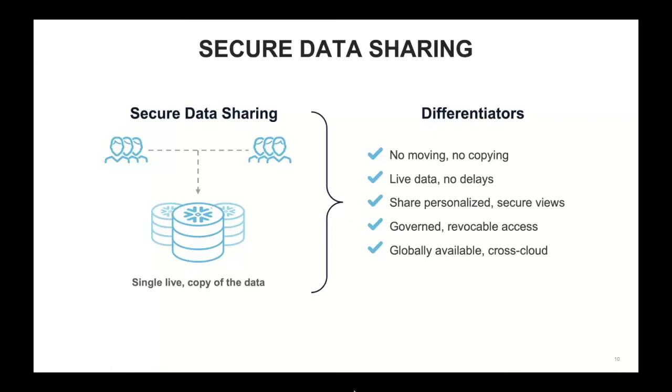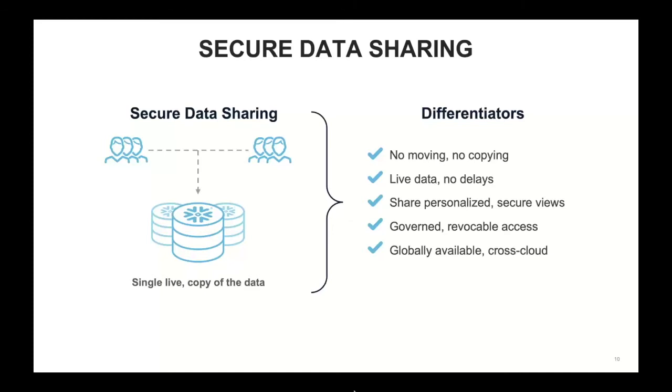Okay, so Andrew showed the before version of how data is shared in traditional means, right? The ones that require ETL, the downloads, the exports, the transformations, right? Secure data sharing is a Snowflake-specific feature that solves for a lot of these problems by providing a way to share data without moving or copying the data, because it's already within the context of the Snowflake Data Cloud.